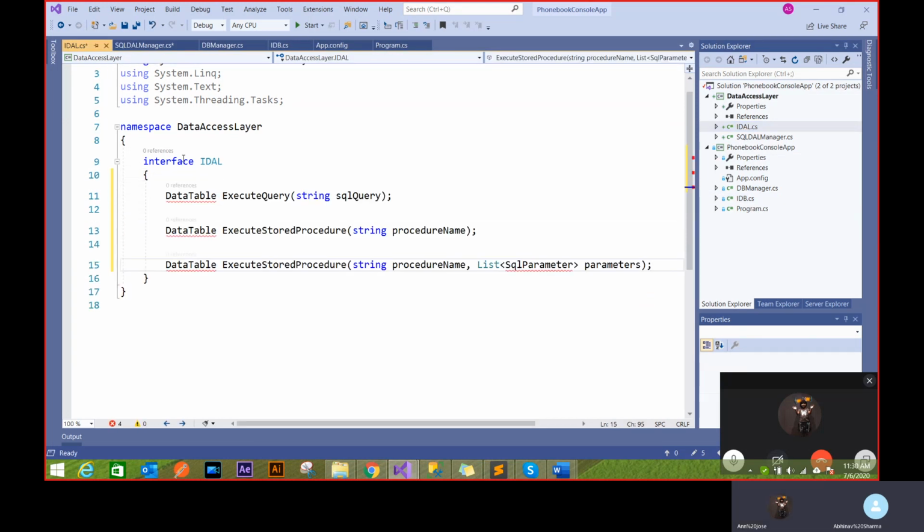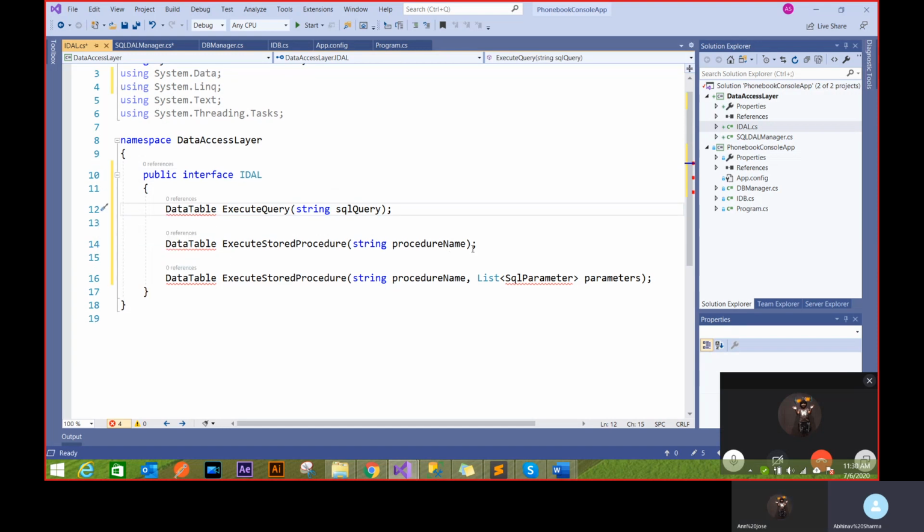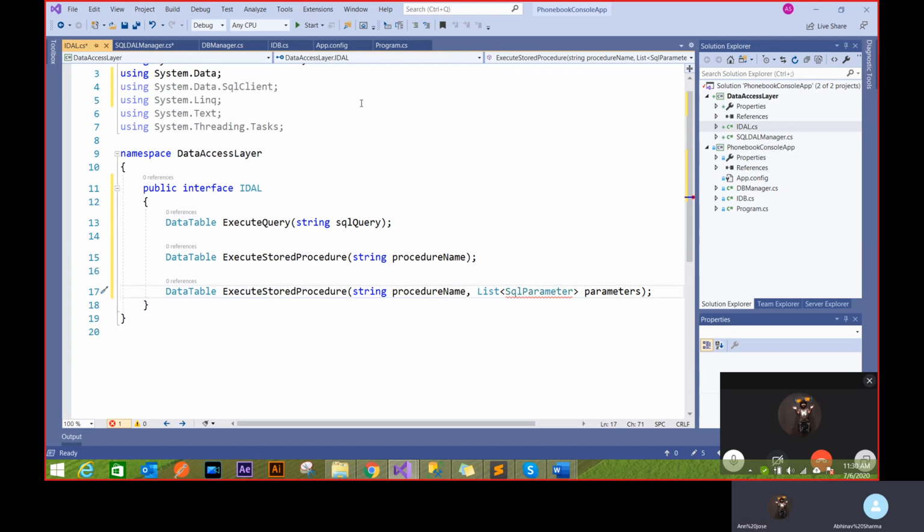And I don't want to make this interface public. I can do that. If I do that, then whenever I'm accessing this DAL, I can access the interface also. So let's just do that, because I want to give it publicly outside to the world later on. I just don't want to use it inside my namespace. So I'm going to use this system data. This is control dot. You already know that now, because I want to use using.